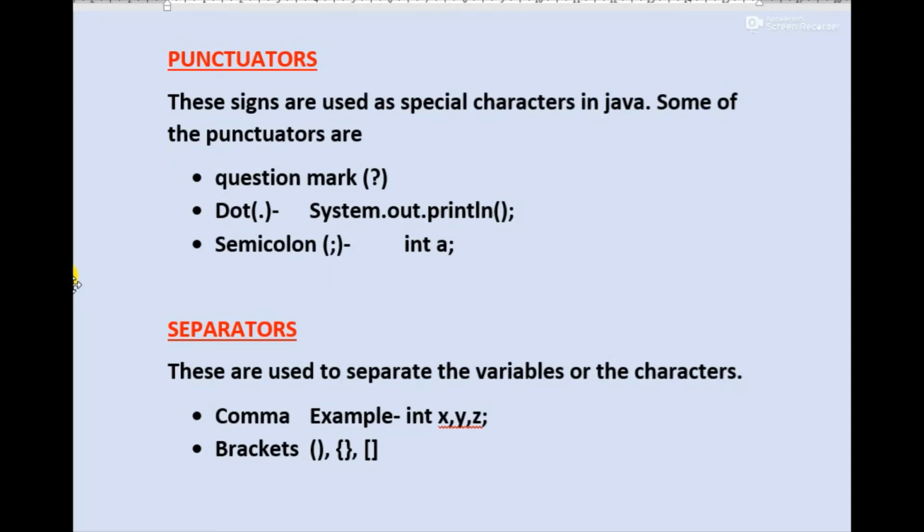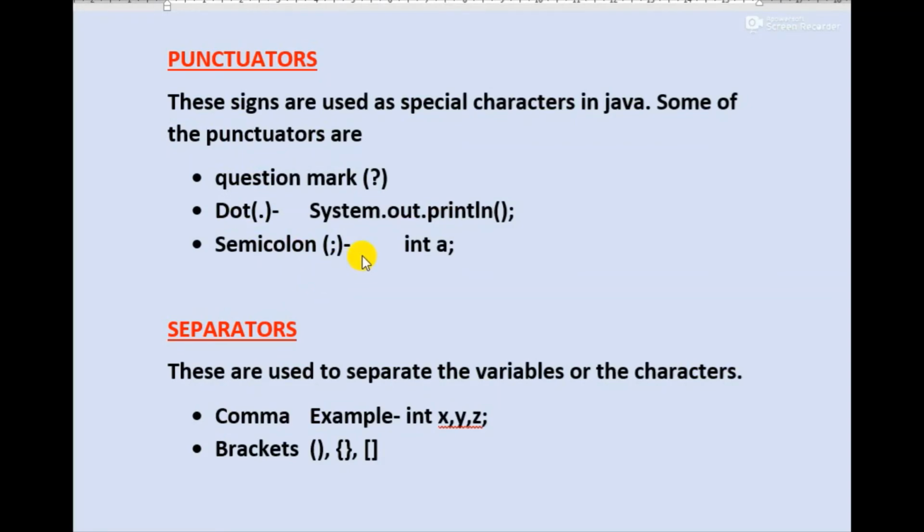The next one is the dot punctuator. We all know this is the output statement, System.out.println, so here we can see the dot punctuator is used. And the last one is semicolon, which is used in a Java program as a statement terminator. It indicates the end of a statement.